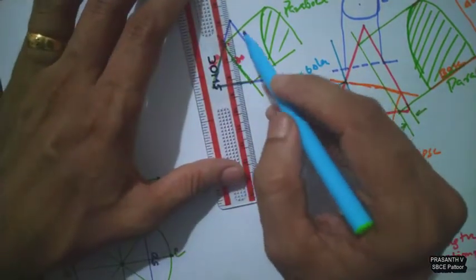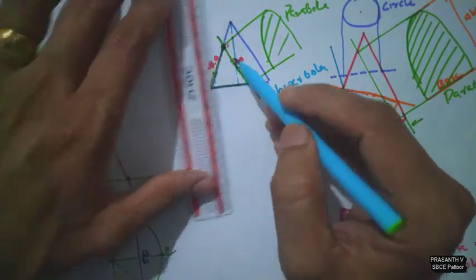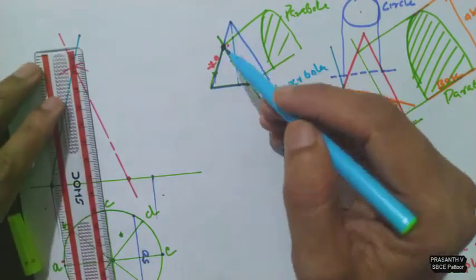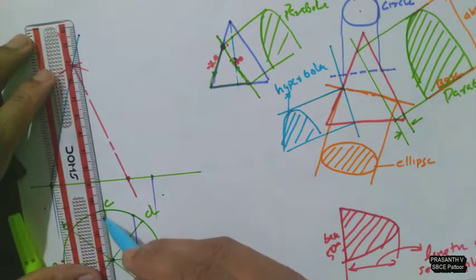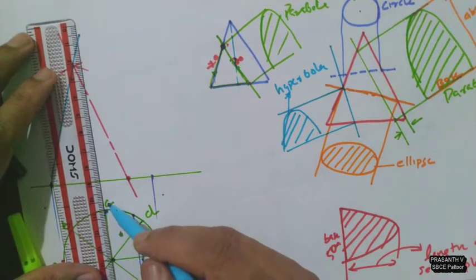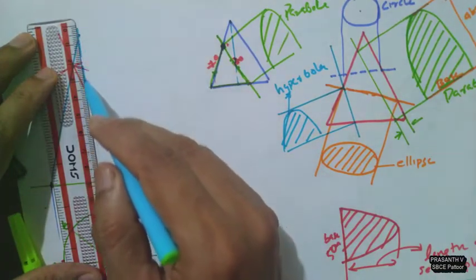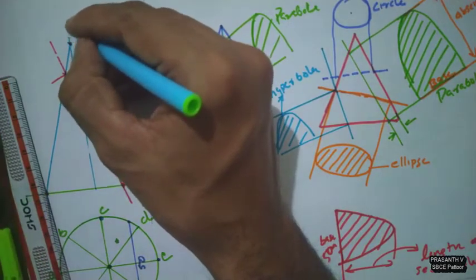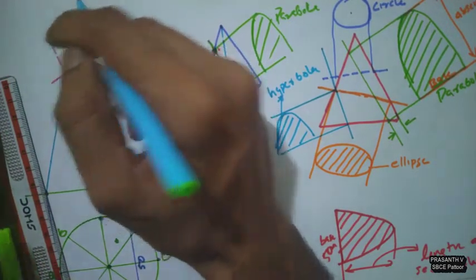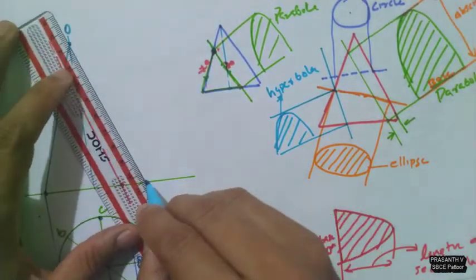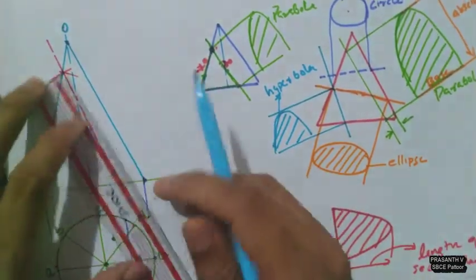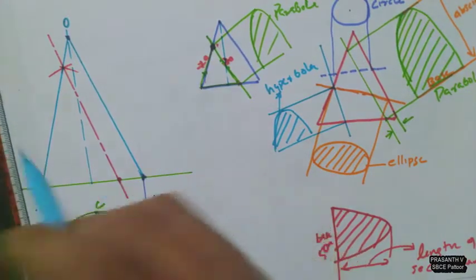Suppose this is an axis. Here, if this is an axis, I can extend this line all the way to meet the axis. Just extend the axis to meet this line at this point. So the height of the cone is not required to obtain this point. You can see now these two lines are parallel to each other. So the section obtained will be a parabola.